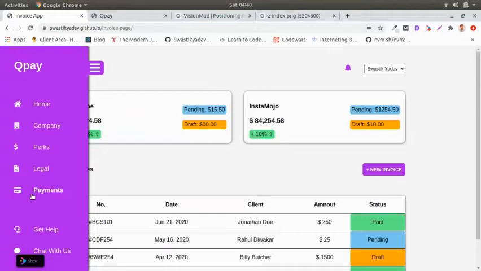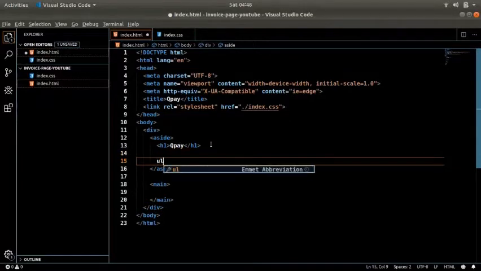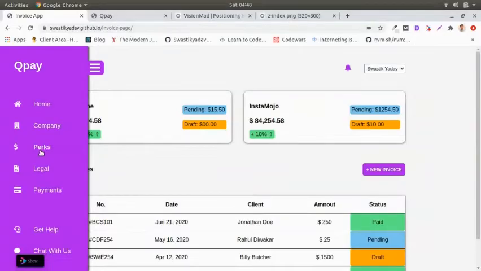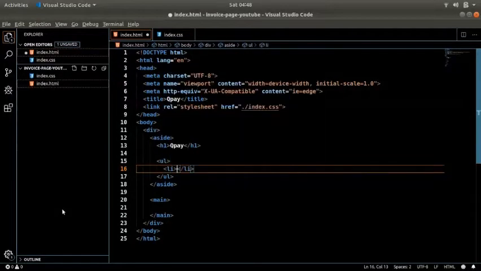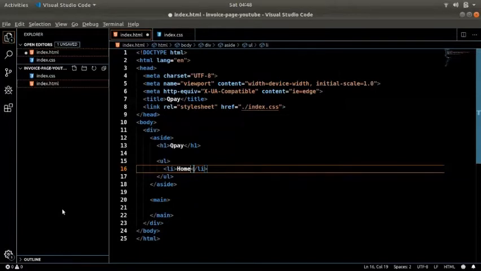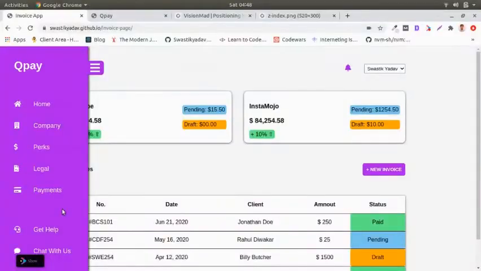and moving ahead we need these things now. So let's get it done. QPay, then we have a UL, and with how many LIs? 1, 2, 3, 4, 5 LIs. It's home, company, what else?